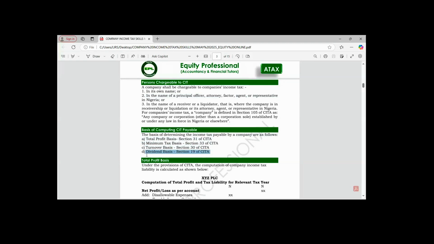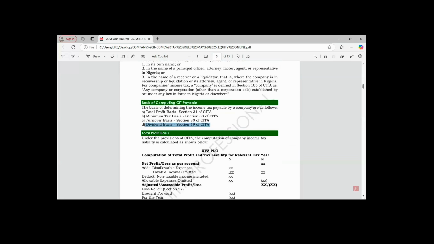All these bases, we are going to look at them one after the other. At this level, you are basically expected to know the total profit basis and the minimum tax basis. So we have the total profit basis. Under the total profit basis, what do we mean by the total profit? This involves the determination of the total or taxable profit generated by the company